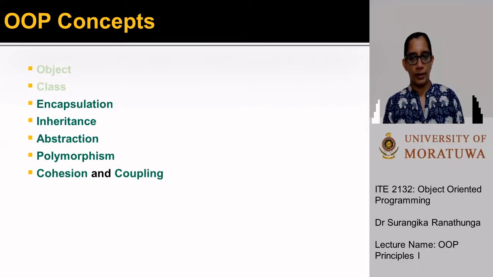We have already learned about the objects and classes. And there are four fundamental concepts of object-oriented programming. They are encapsulation, inheritance, abstraction, and polymorphism. Although not considered as core object-oriented programming concepts, cohesion and coupling are two important concepts that we have to know